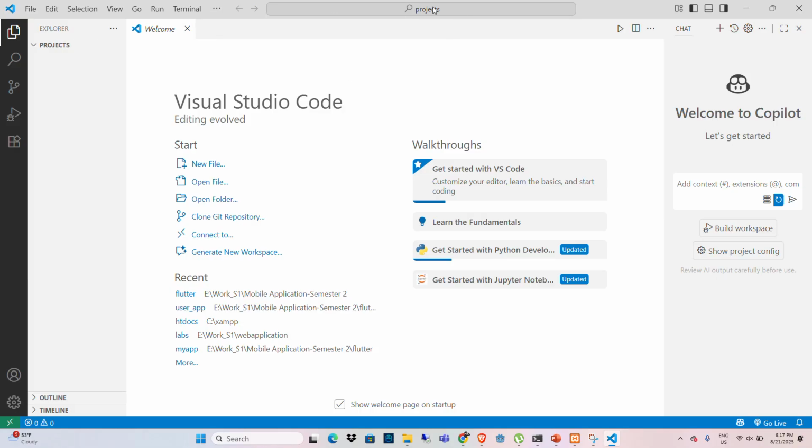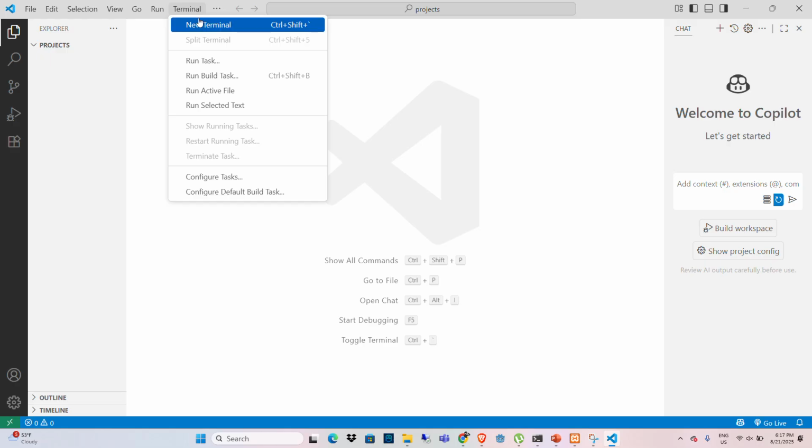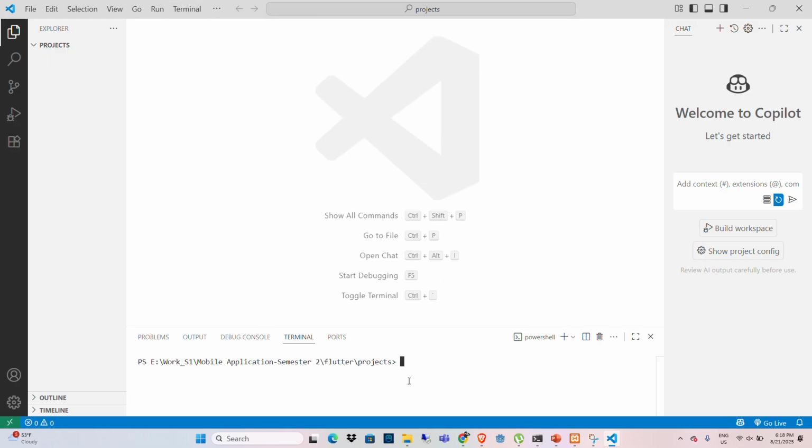It will greet you with these things, and I'll just close that. Now there is nothing in this folder. We will create our first Flutter project. You can go in your terminal and new terminal, and this is the command that you use, Flutter create, and